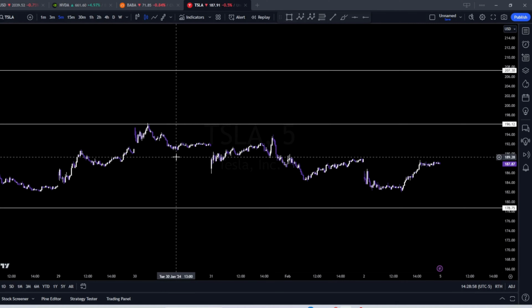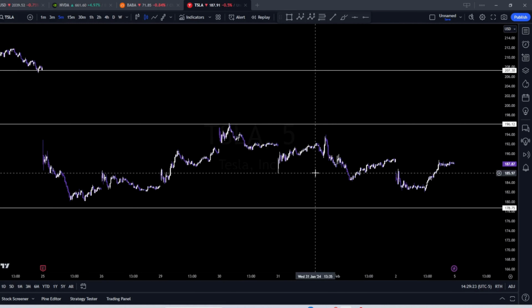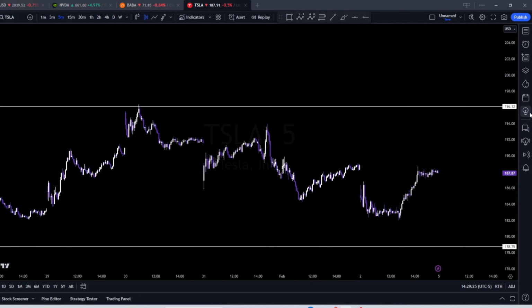So yeah, you could continue to plot on smaller time frames. Nothing wrong with that. Just know what you're getting into, what you're planning to trade, and how you're planning to trade. Now the next question is how to trade it, and when it comes to levels, it's usually better to trade